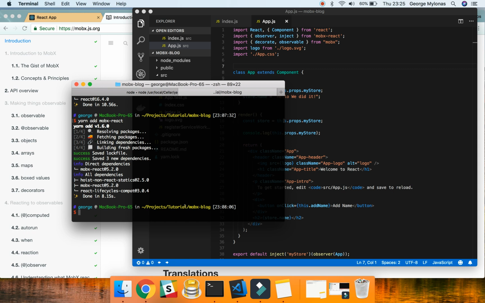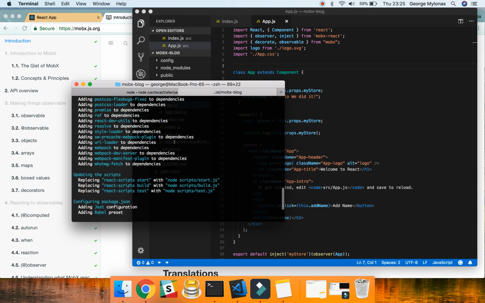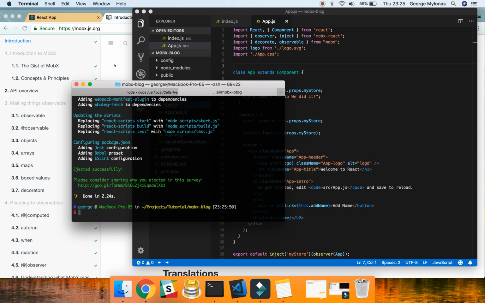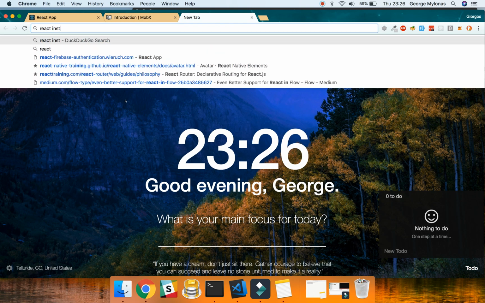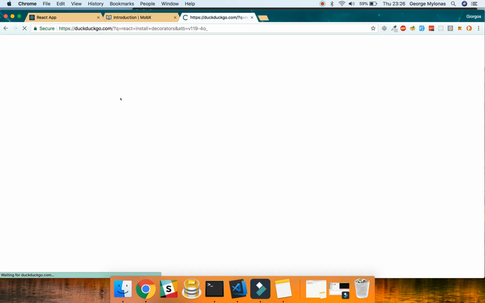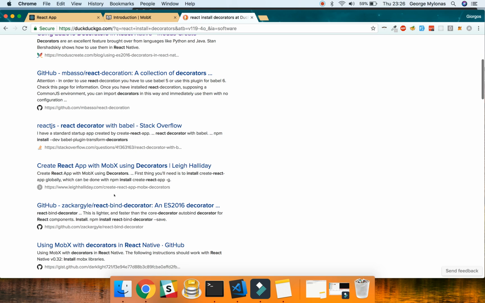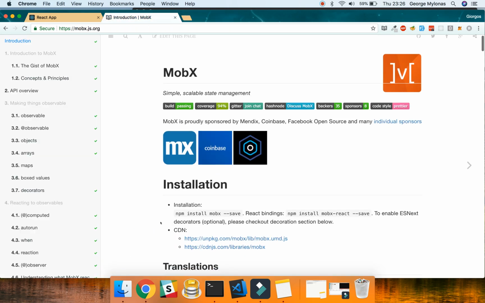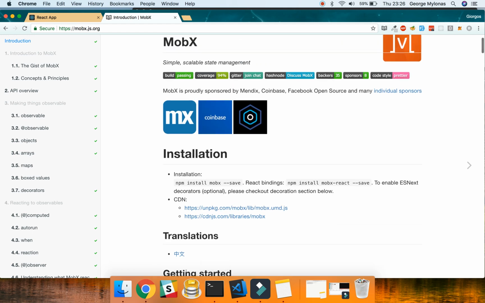So what we need to do is run yarn eject, and yes. Now we need to install decorators, and to do this, that is not it. What we need to do is